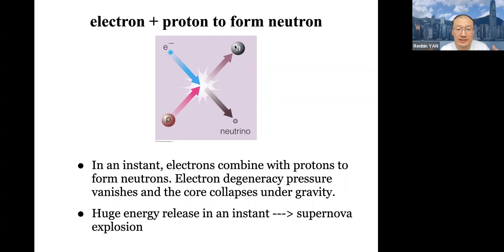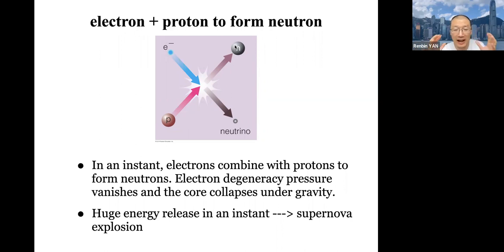And so that was a really sudden event. The whole star all of a sudden contracts into a very, very tiny thing, and you release a huge amount of energy in that process. This energy is so huge, it explodes the whole star. The whole star explodes in a supernova explosion. So this is one of the kinds of supernovas that we can have in the universe.